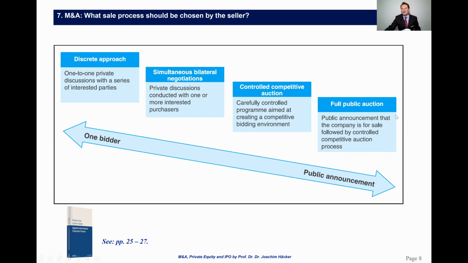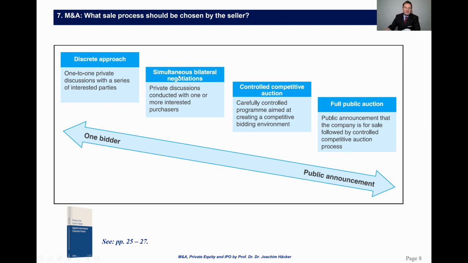So if this transaction fails, usually your share price declines, because the people out there assume there's a problem with your company, and then they probably sell the share. On the other side, in the discreet approach, nobody will know. The one party can just walk away. So there's a balance between, on the one side, increasing the price, however, decreasing the confidentiality, and vice versa.